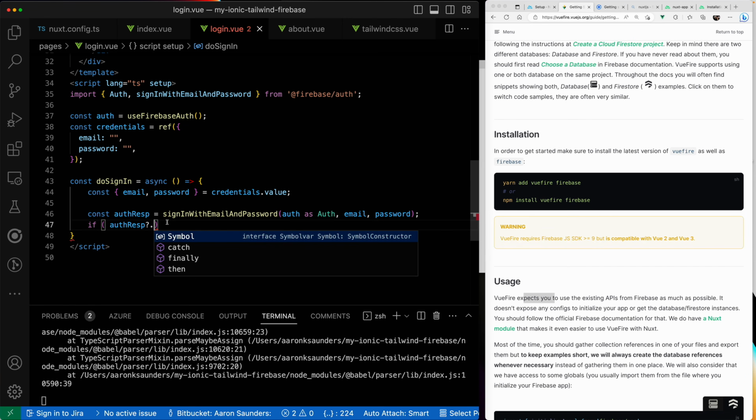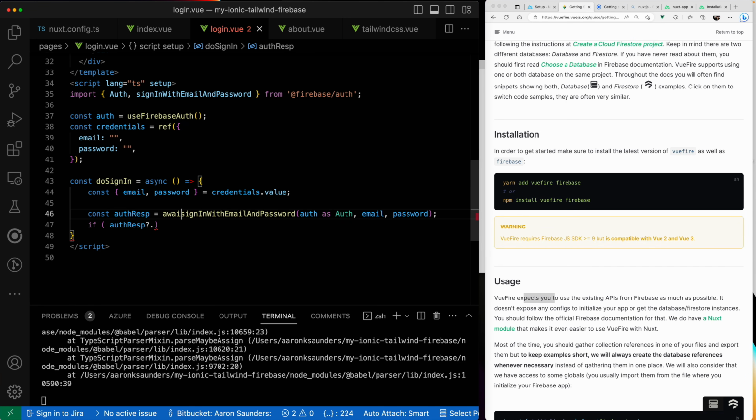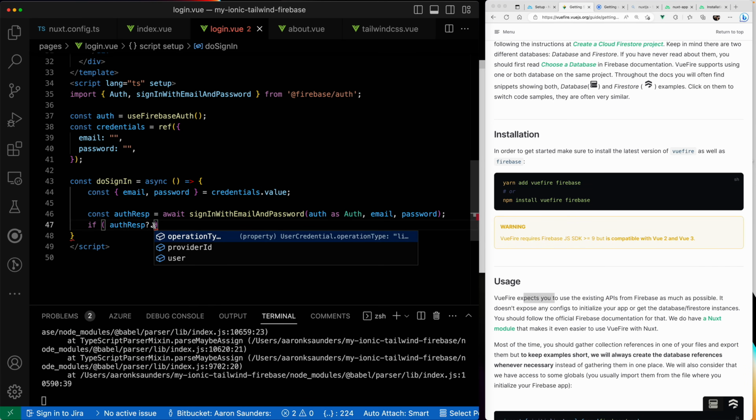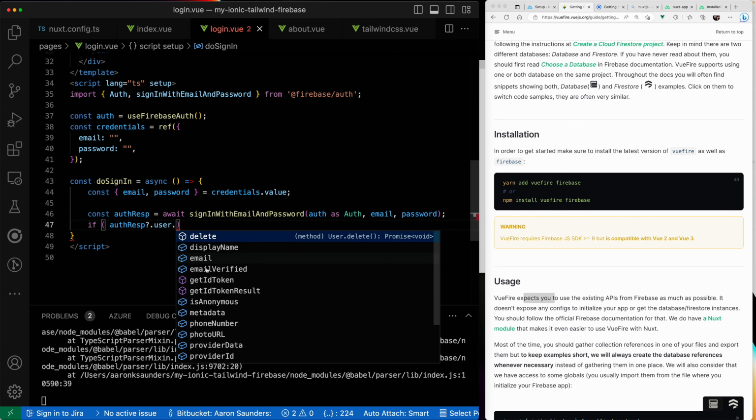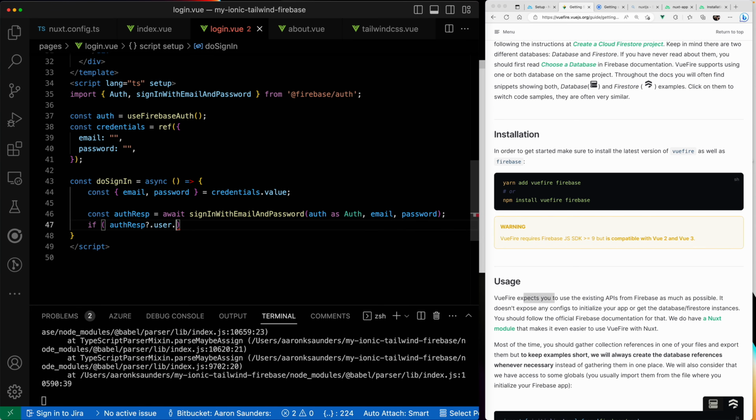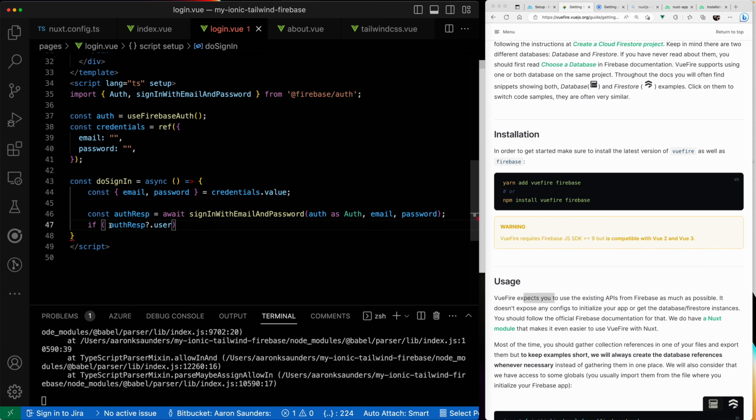I need to put my await in front here. If auth response.user, and then here's the information that I want on the user. So if I have a user, actually let's do it the other way around. If I don't have a user, then